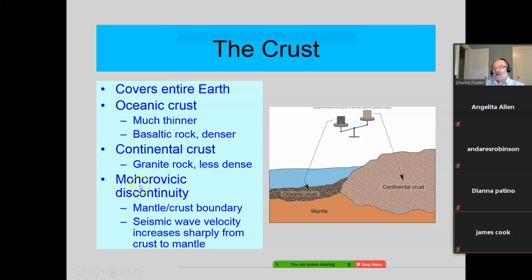Then you have what they call, boy, this is a tough one to pronounce. I've never heard it pronounced, so I'm just guessing. Mohorovičić, I think is how you say that. Words that end in this usually have a CH sound here. Mohorovičić discontinuity. That's the discontinuity between the crust and the mantle. So this would be that Mohorovičić discontinuity.